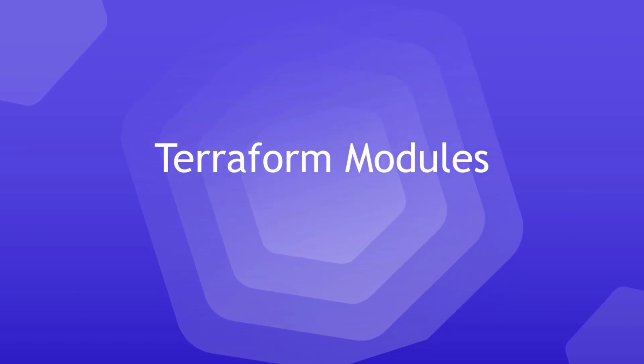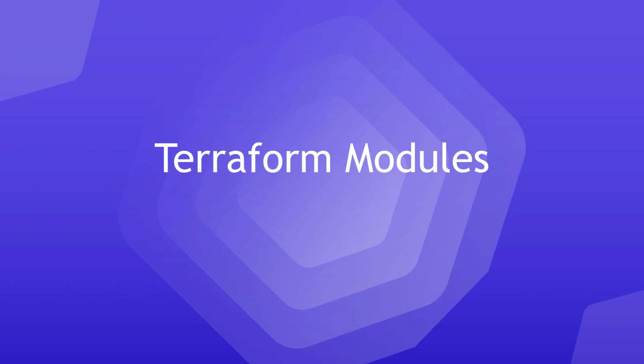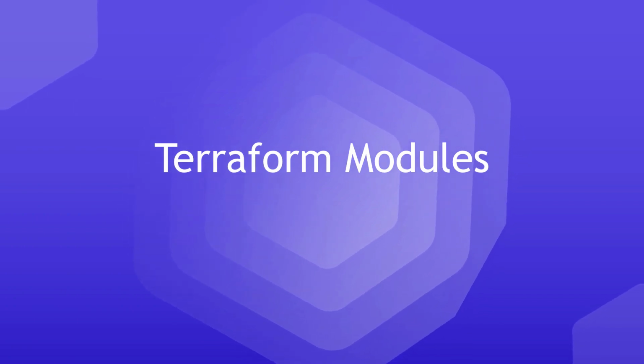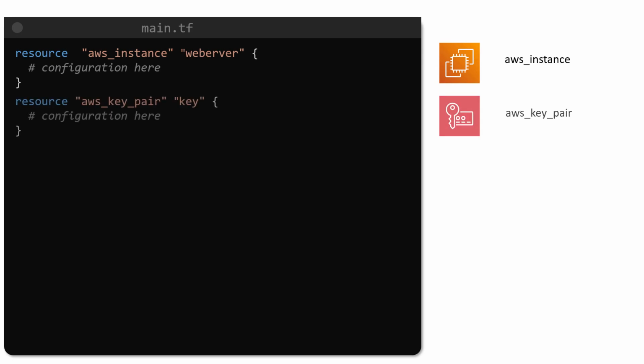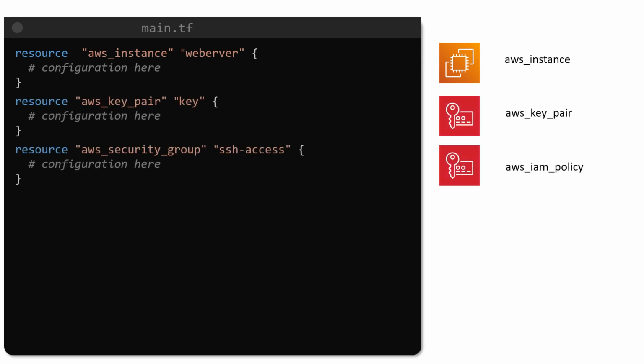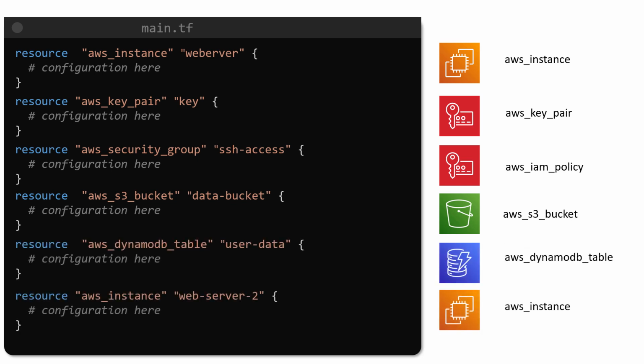In this section, we will learn what modules are and how to use them within our Terraform configuration. While progressing through the course, you would have noticed that our Terraform configuration files have become increasingly long. We started off with resources such as the local file and the random pet to begin with, but since the beginning of the AWS section, we have been deploying IAM roles, policies, S3 buckets, DynamoDB tables, and EC2 instances, to